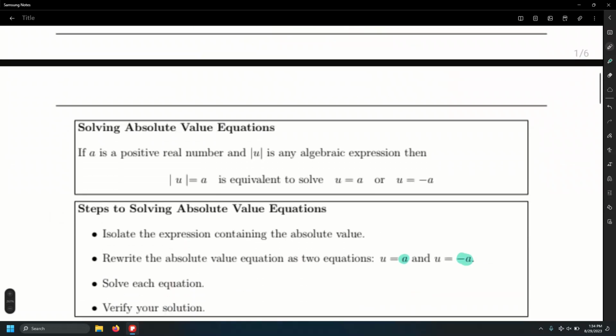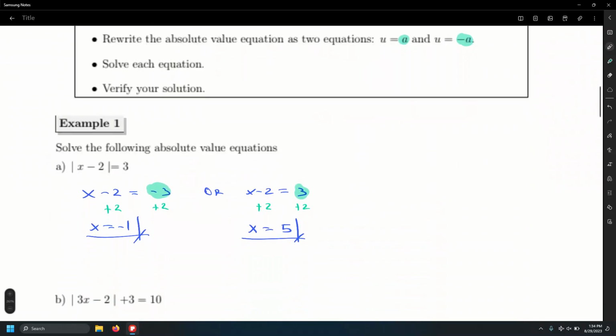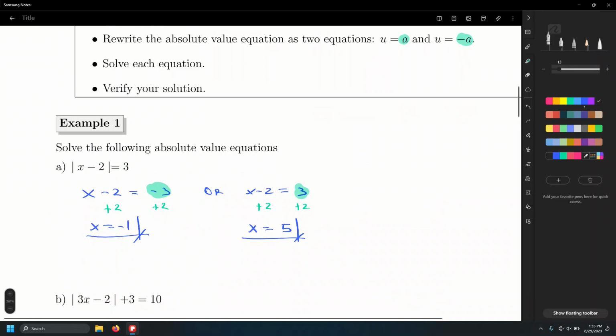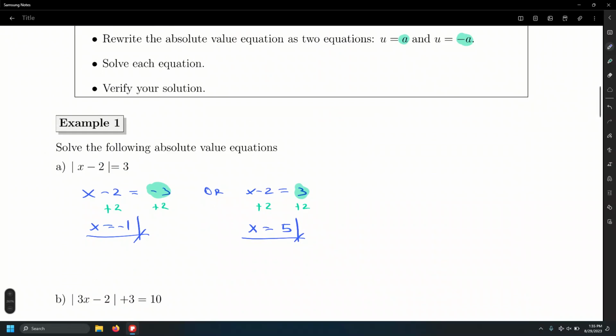So now, for this exercise, the equation absolute value of x minus 2 equals 3 is asking